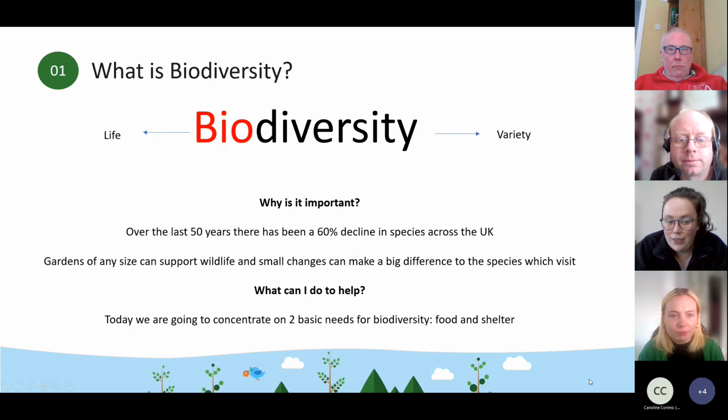So what is biodiversity then? Well, to split the word down into its basic forms, bio is everything to do with life and diversity is the variety of it. So we're basically talking about the variety of life that you can get in a green space. And we want to know through this fund how you are going to achieve that through your project,